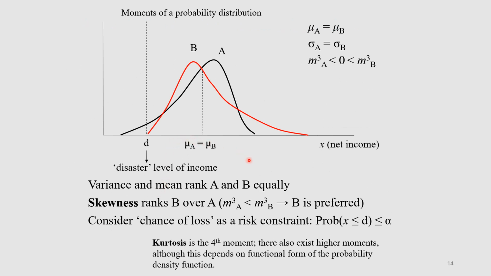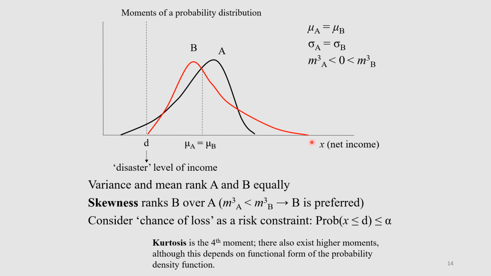The moments of a probability distribution of income are important. Here we have two individuals, and the variance and the mean rank A and B equally. The mean of A is given by mu A. This is standard notation used in statistics, or at least in economics, that refers to the mean. So the mean of A and the mean of B are identical, and it turns out that the variance of A is equal to the variance of B,